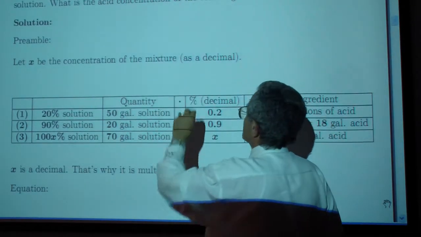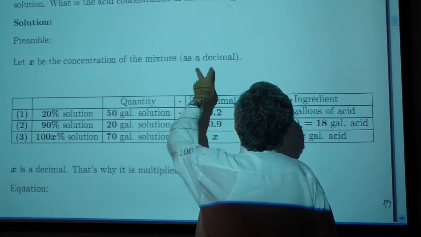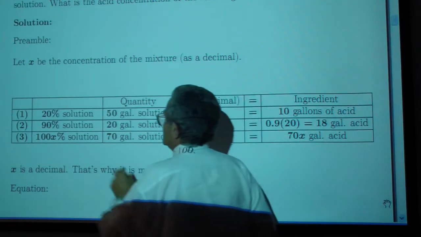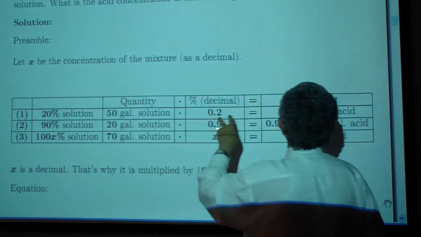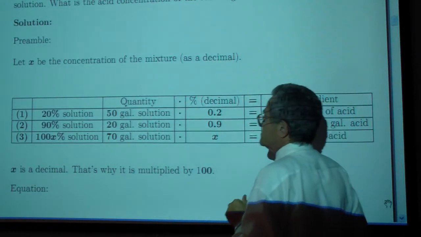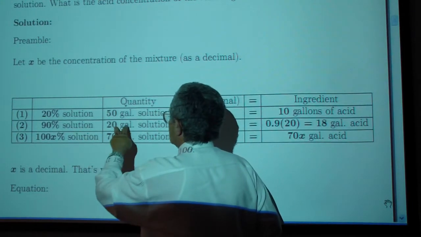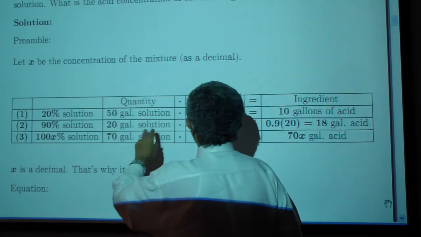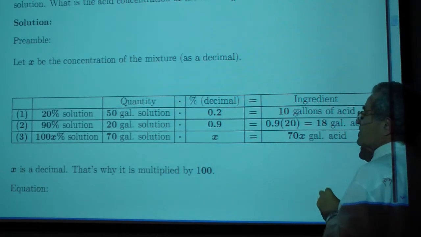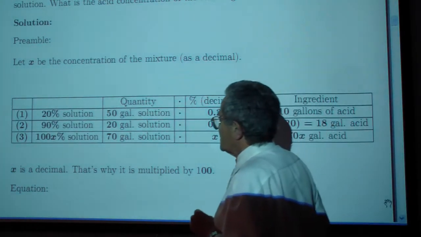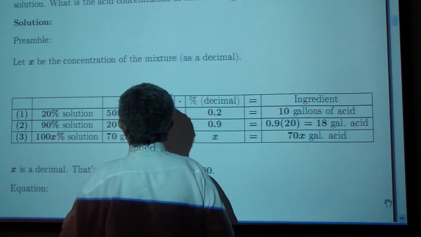So let X be the concentration of the mixture. X is a decimal. So we have 20% of 50 gallons, which gives us 10 gallons of acid. We have 90% of a 20-gallon solution, that gives us 18 gallons of acid. And then we have X,